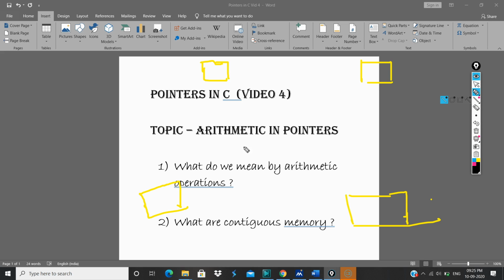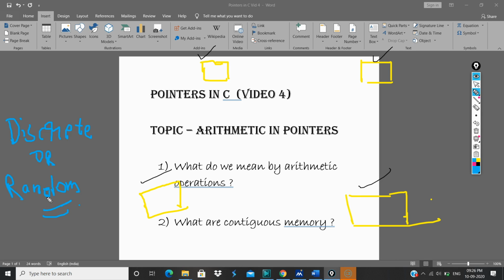Now what is the thing that you see here? Suppose you take this box, this box, this, and this. What is the basic thing that you are noticing here? These all are discrete. There is no continuity between these. They are just random, or you can say discrete or random. That would be an appropriate word.